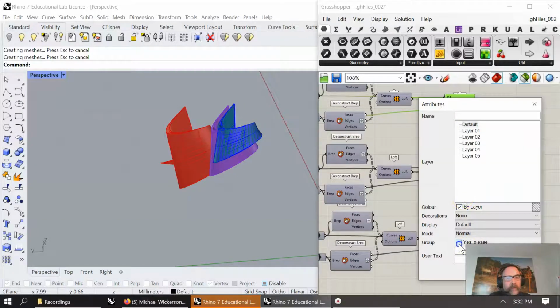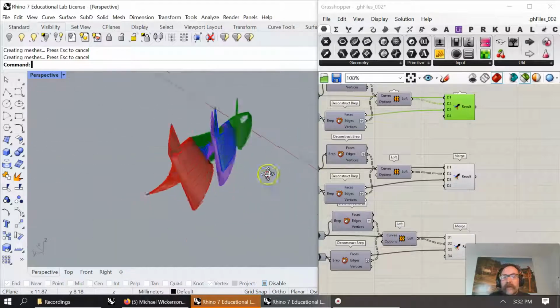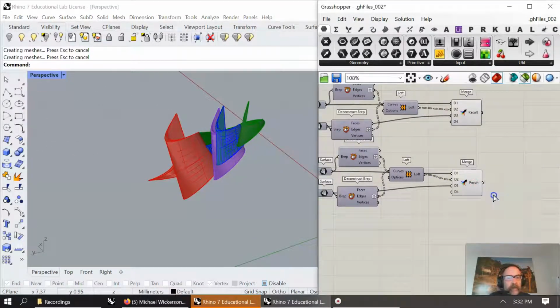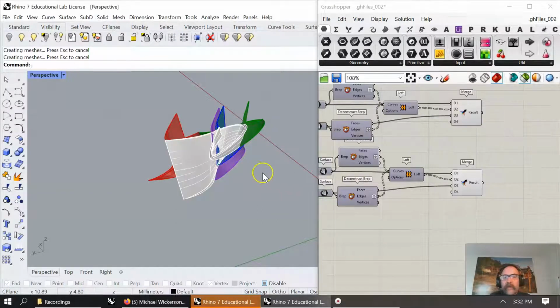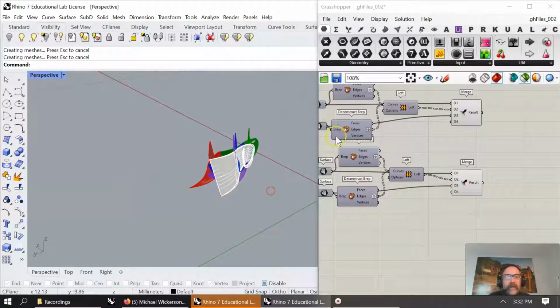Bake to a group, layer 4, bamf. Very interesting how this is behaving. I like it. And bake to a group, layer 5, bamf. Very interesting. And with that said, I'm going to now leave Grasshopper